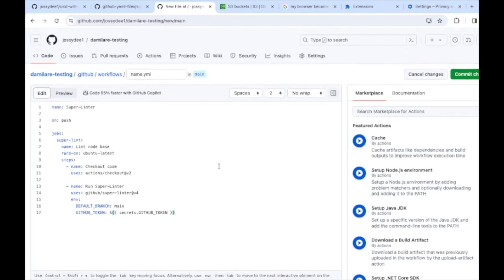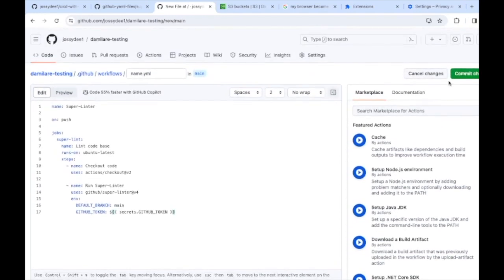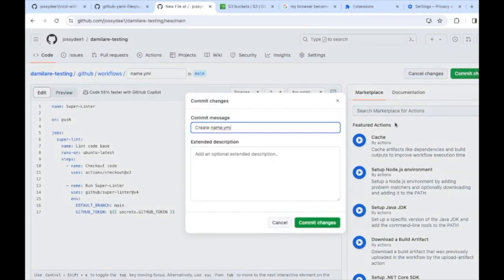So let's just run this. So I can commit it. Let me commit. So once I commit this file,